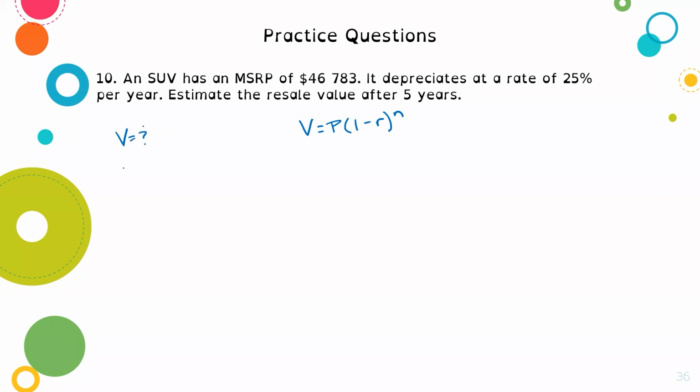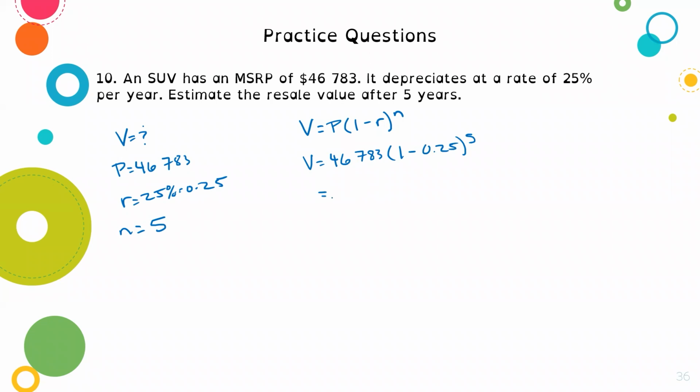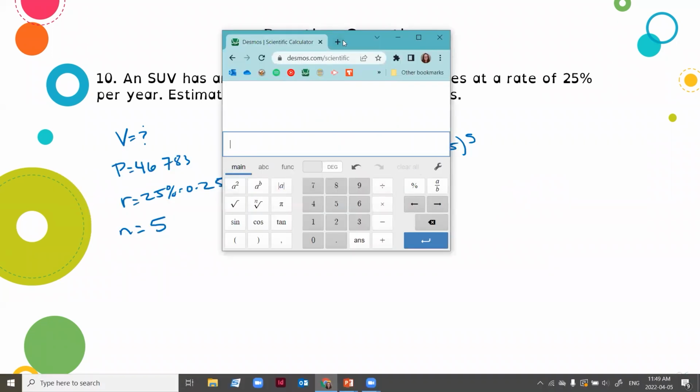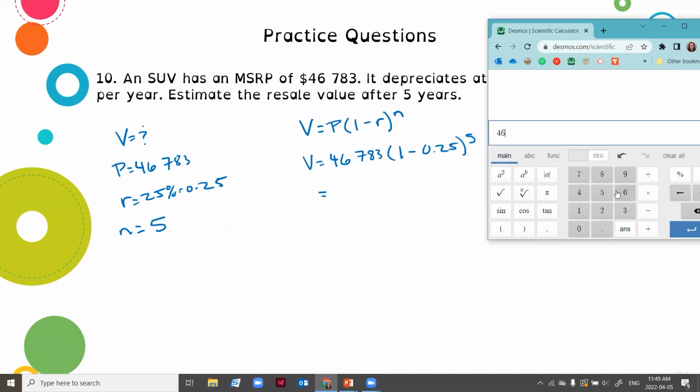Our price is 46,783, and our rate is 25%, so 0.25, and our years, our time is 5. So value equals 46,783 times 1, take away 0.25 to the exponent 5. So doing that on a calculator, we have 46,783 times 1, take away 0.25 to the exponent 5, which is equal to